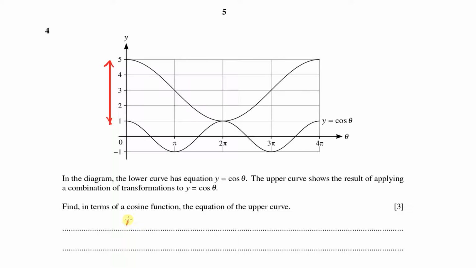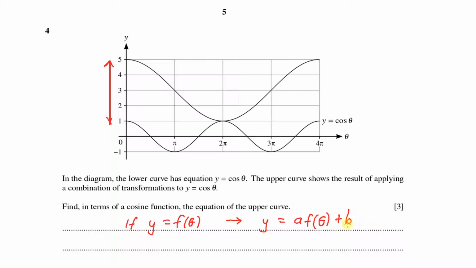And here, if we have our original function y is equal to cos theta, which I want to write as y is equal to f of theta, then it has to be transformed in the vertical to a new graph y is equal to a f of theta plus b. A should represent a stretch parallel to the y-axis, and b should represent a translation in the positive y direction